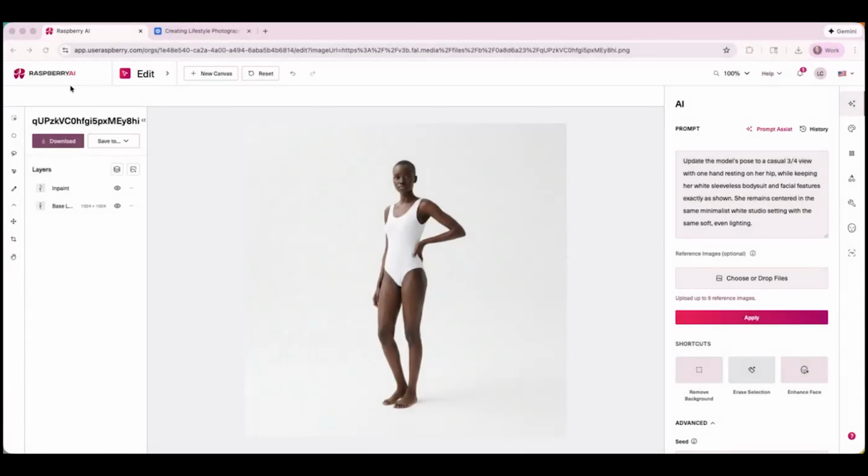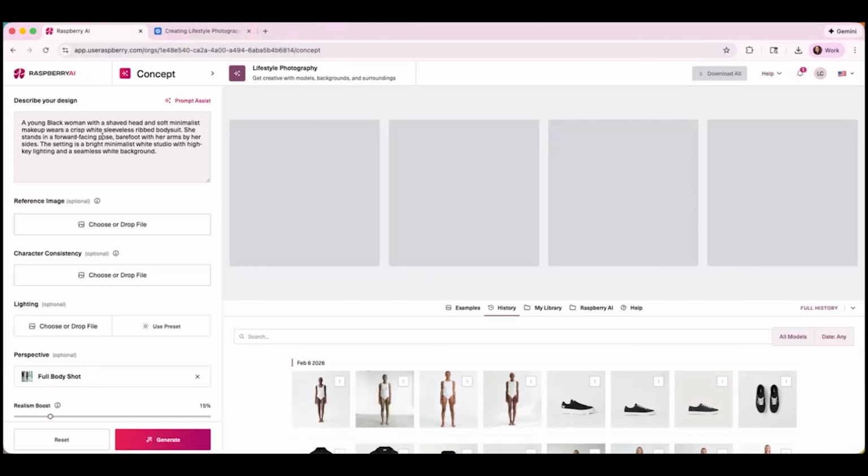Now, if I wanted to go back and start creating different models with that same prompt, I can go right back into my lifestyle photography tool, and I would change a few details in this prompt to make it repeatable. So maybe I need a blonde-haired, blue-eyed model now. I'm going to change information about my model to a young, blonde-haired, blue-eyed model with long, straight